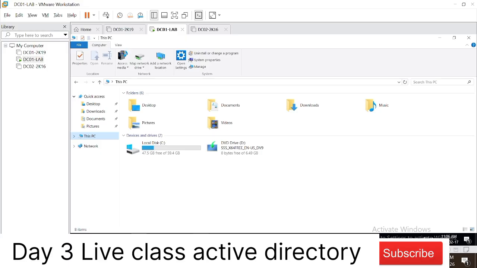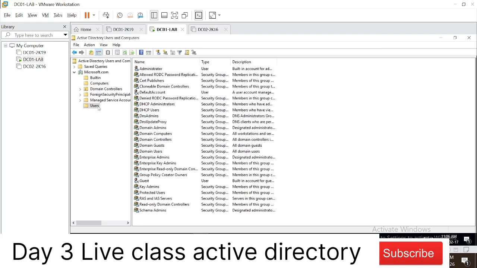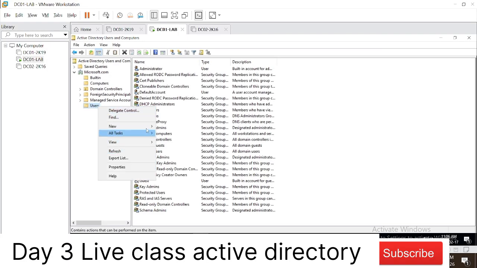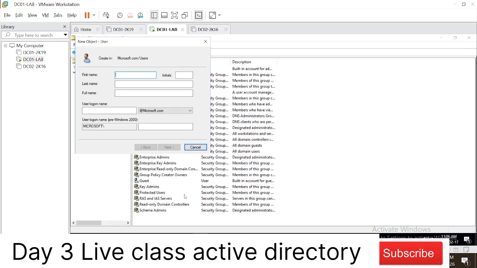So if I want to show you what the unique ID is, I'll show you. Okay. So let's suppose I have created a new user, Chandrasekhar.